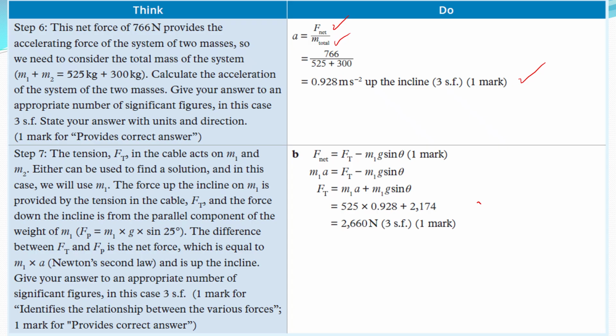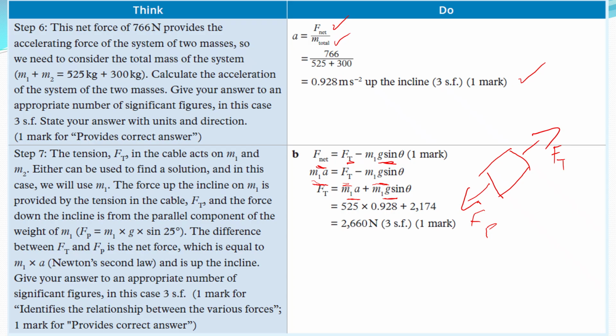The last one is finding the tension in the cable. So the net force of what's going on here is the parallel component pulling us down the slope minus the tension in the cable. Here's my cart, and I have a tension in the cable. So for the net force of this system, we've got to take out the parallel force pulling us away, and that'll give us the force of tension in that actual cable. So my overall net force is my mass times acceleration, and here's my tension, and here's my parallel component down the slope. Rearranging all that, the force of tension is this mass times acceleration component of the object